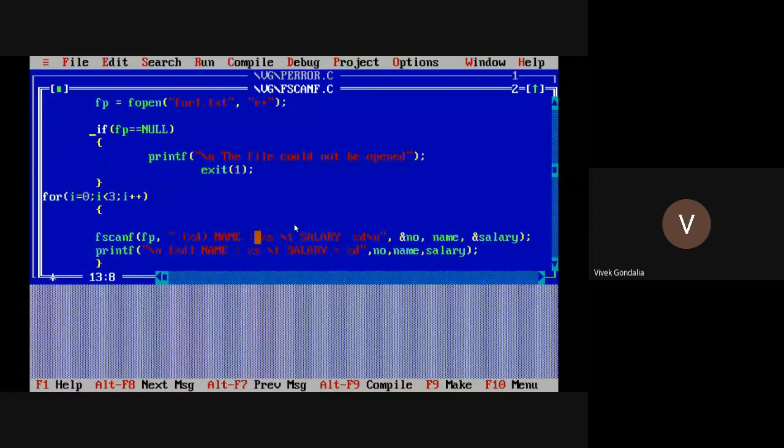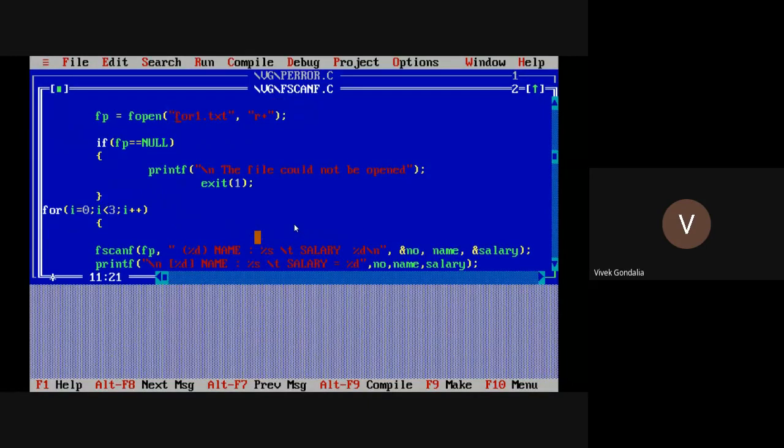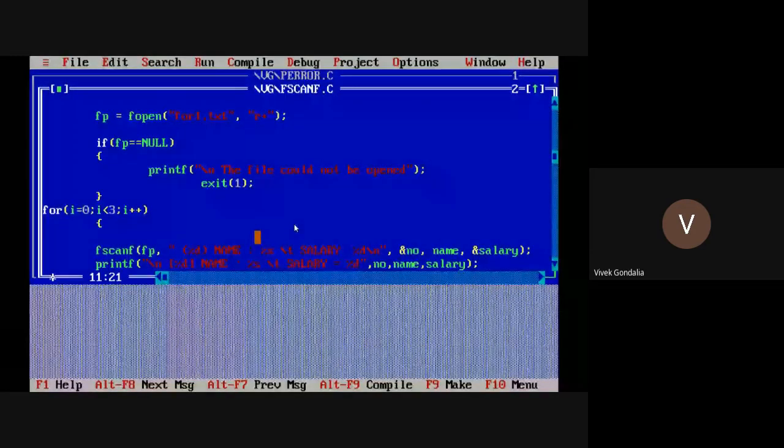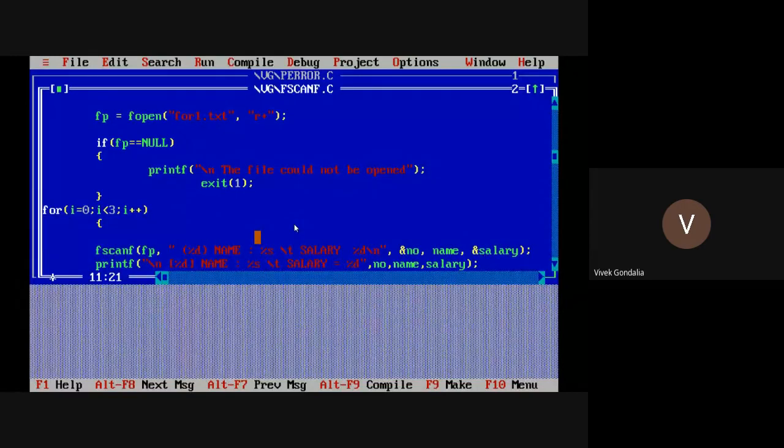Now I'm giving one error message. Suppose my file is not there. Suppose I'm giving here 41.txt, and you copy this code to your PC and try to run it, and the file is not there on your PC, so it will give you the error. Clear? So if fp is equal to NULL, the file pointer is null, meaning there is no file available at that location, then print that the file could not be opened and exit 1. So it will stop the execution of your program.